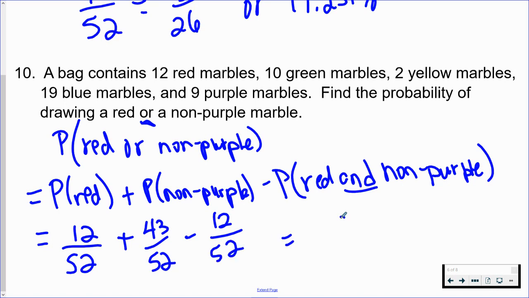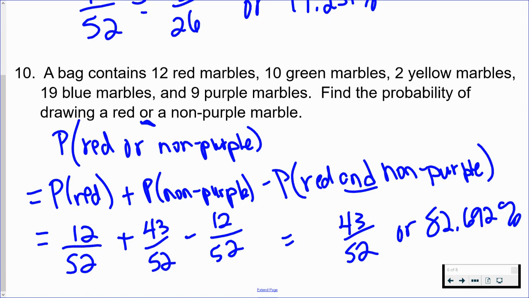So our total probability for red or non-purple is 43 out of 52. Okay, 43 out of 52. If we turn that into a decimal percentage, move it over 2 spots, that would be 82.692%. Okay, now again, we should be able to probably look at that problem and say, okay, well, there are